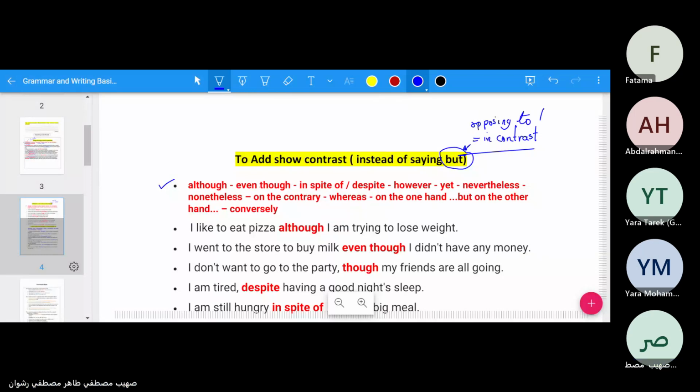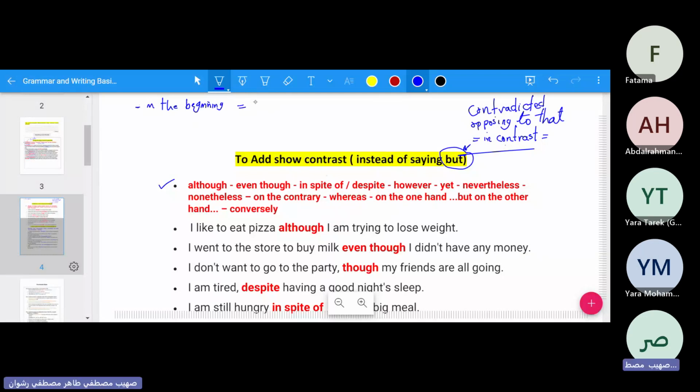It means you have two contradicted ideas. They are logically contradicted. Okay, there is a contrast between both sentences. So we use one of these conjunctions either in the beginning or in the middle. Note, any conjunction used in the beginning here,